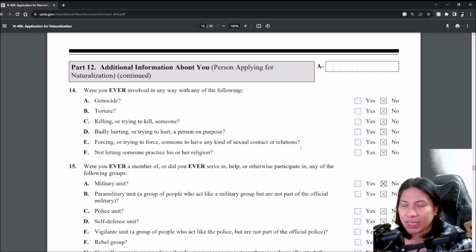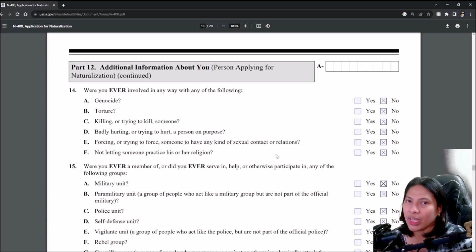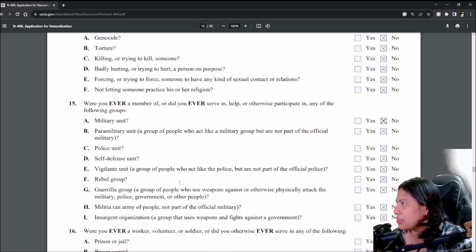So please make sure to read everything and you understand everything before you answer it, okay? I'm not finishing all the questions here, all the sentences, because I already know the answer, but make sure you understand the question before you answer it, okay? So some of the officers will ask what is genocide, what is torture, what is prison, all right? So yeah, 15. Were you ever a member or did you ever serve